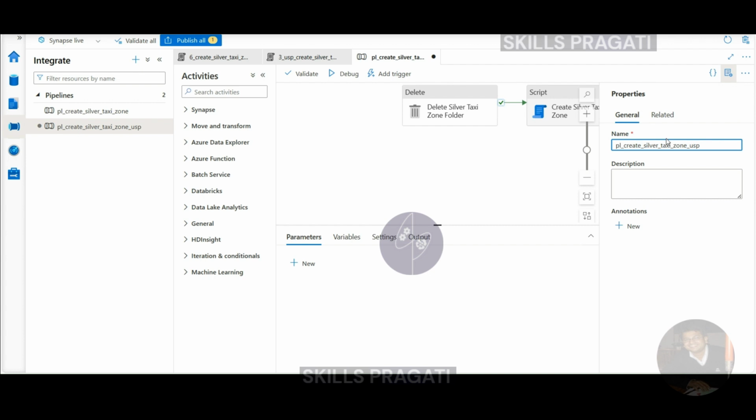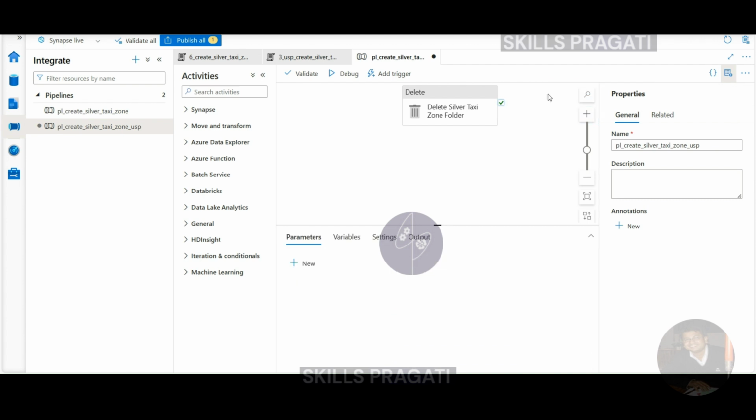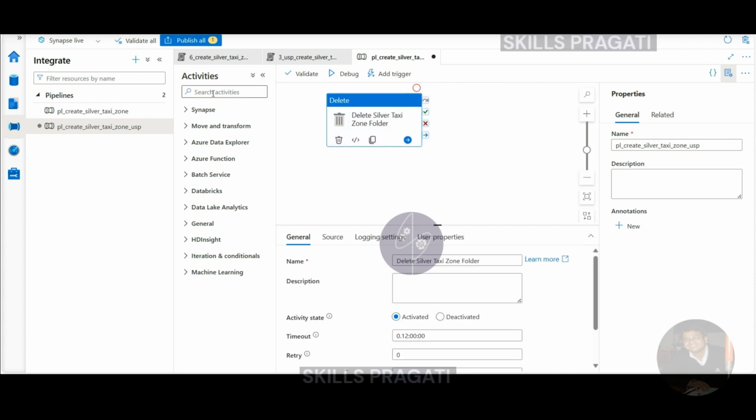Let me go back to this one. This is the pipeline where we're going to delete the script, and instead we're going to use the stored procedure activity. In order to find the stored procedure activity, you do a search within the activity and you can see there are two different stored procedure activities, one under Synapse called SQL Pool Stored Procedure Activity, and another one under General called simply Stored Procedure Activity. As we're working on Synapse, you might be tempted to use the SQL Pool Stored Procedure Activity,